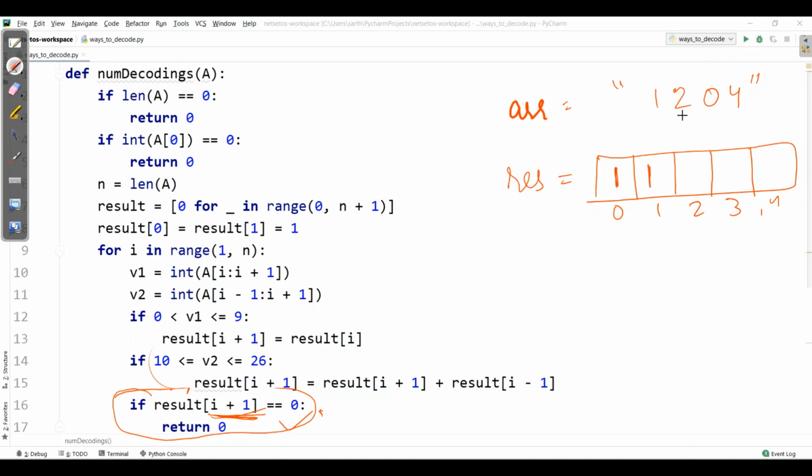Then we will start iterating from 2, the first index. First of all, I'll check for 2. Is 2 lying between 1 and 9? Yes. So it will copy the last element over here. Then I will check for 12. Does 12 lie between 10 and 26? Yes. So it will sum up 1 plus 1 as 2.